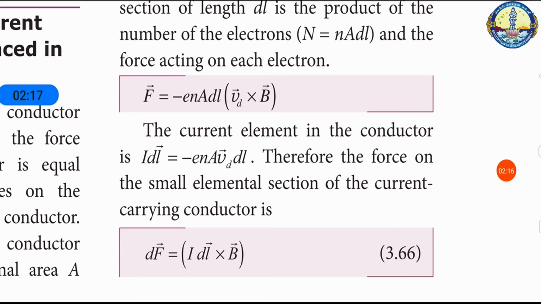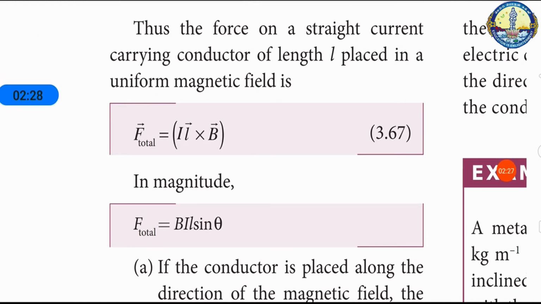By Fleming's left hand rule, when a current carrying conductor is placed in a magnetic field, the direction of the force experienced is given by Fleming's left hand rule. Simply, we can say FLHR. Stretch the forefinger, middle finger and the thumb of the left hand such that they are mutually perpendicular. If the forefinger points in the direction of the magnetic field, and the middle finger points in the direction of the electric current, then the thumb will point in the direction of force experienced by the conductor.